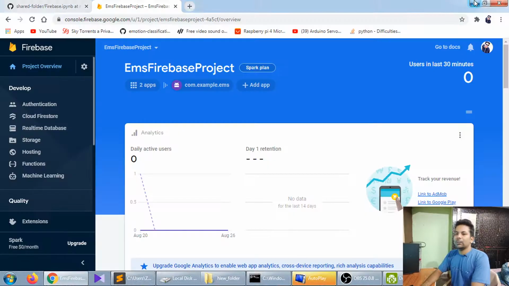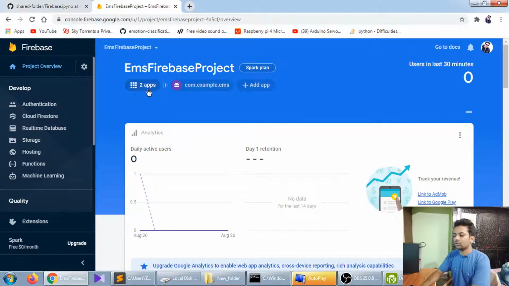Okay guys, today I'm gonna let you know how you can use the Firebase storage section for storing files, pictures, videos, whatever you want, you can just easily save there. It's really easy to use. I think you have already made a web app. If you haven't, you can just go back to my previous tutorials of Firebase.